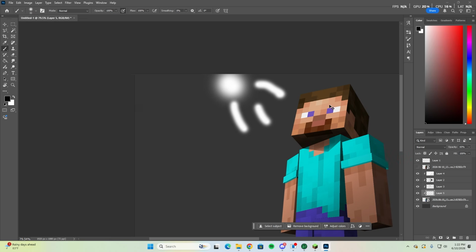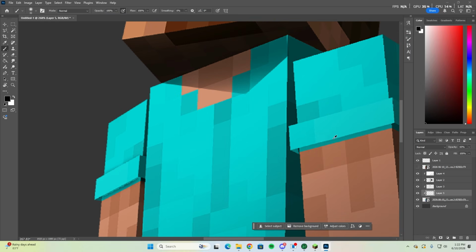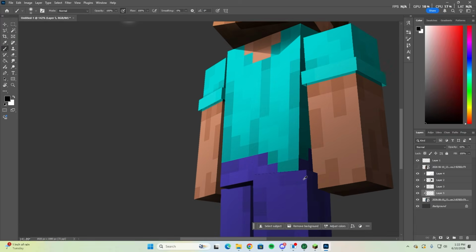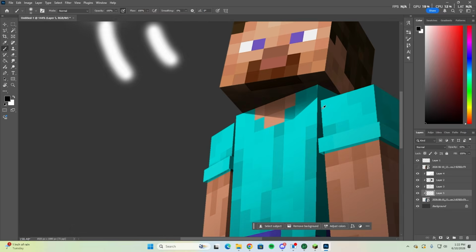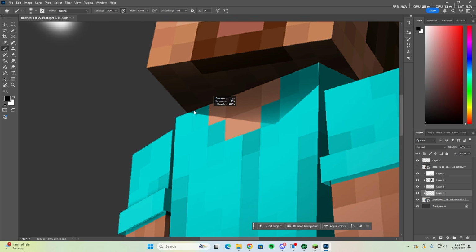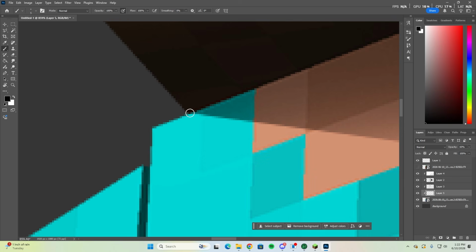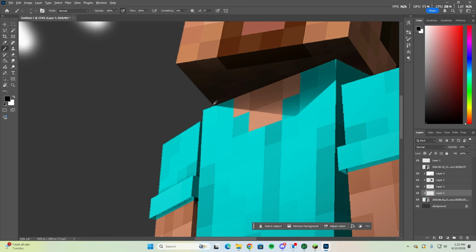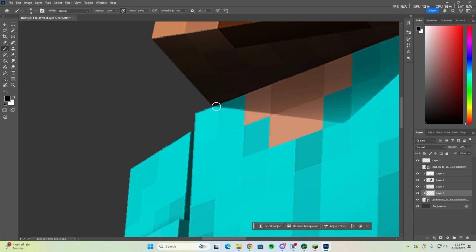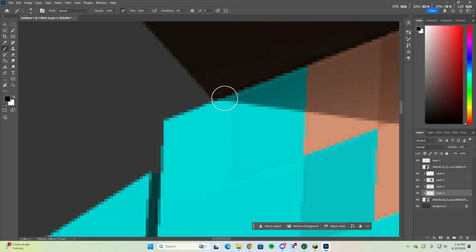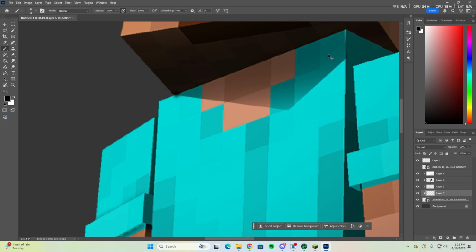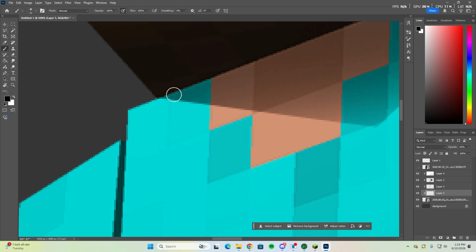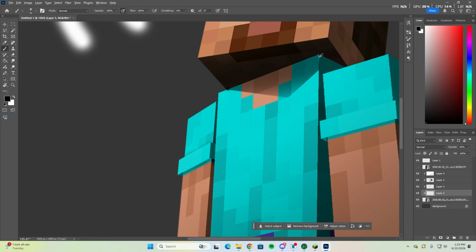You're gonna want to do that where like there's a skin layer, or like where two faces touch. Like what I like to do is by the head, go into like the middle. Actually, the brush should be like around 10 pixels for this. So go to the middle of it, and go to the middle where these two faces connect, and